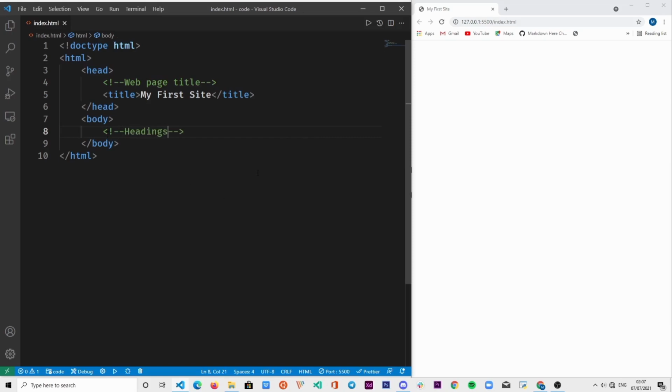Alright, so now the autosave automatically saves the document for you, but because this is a heading comment, it won't be displayed in the web browser. As I said, comments are ignored by the browser. Alright, so now let's